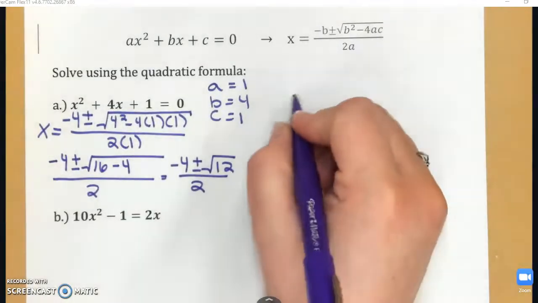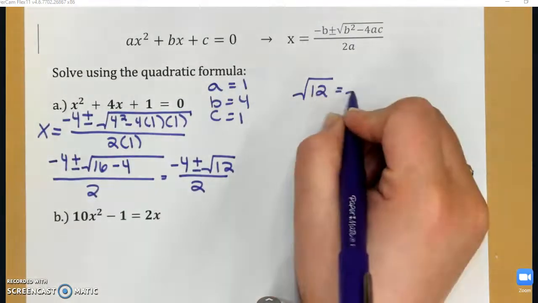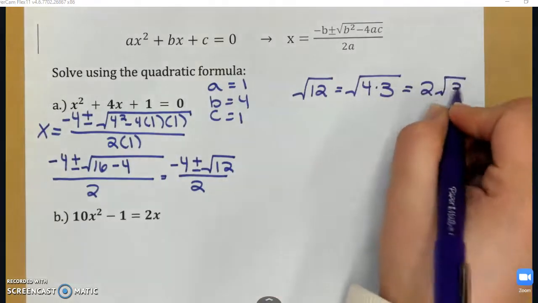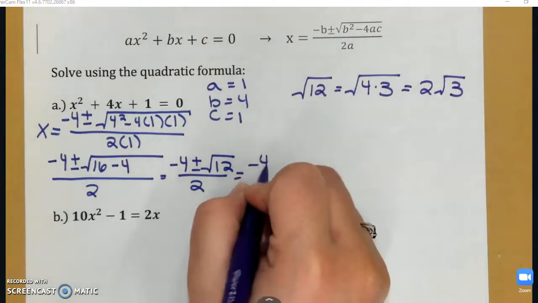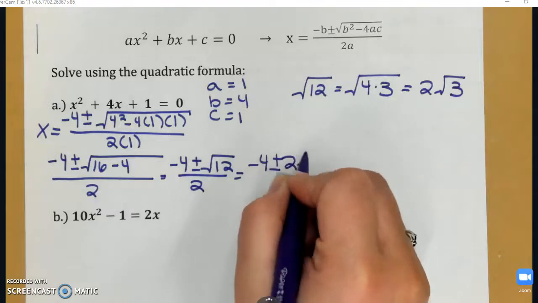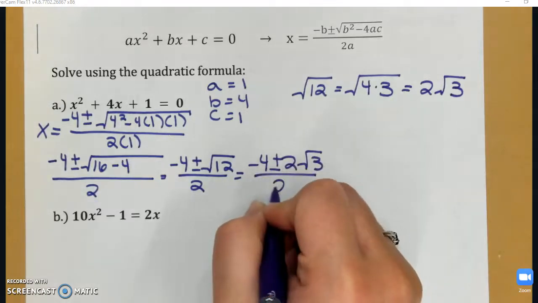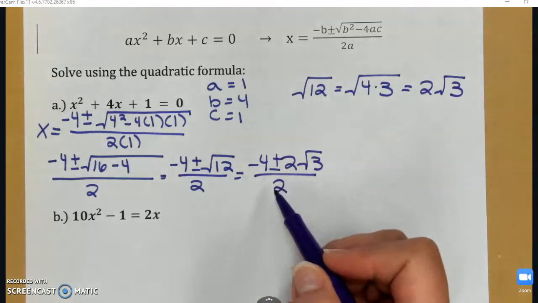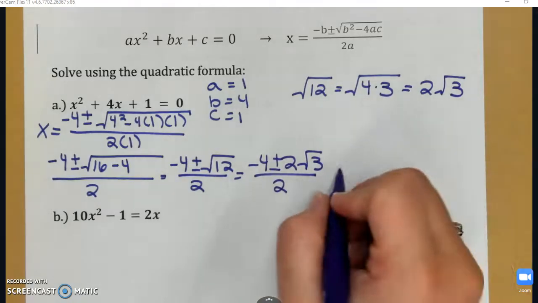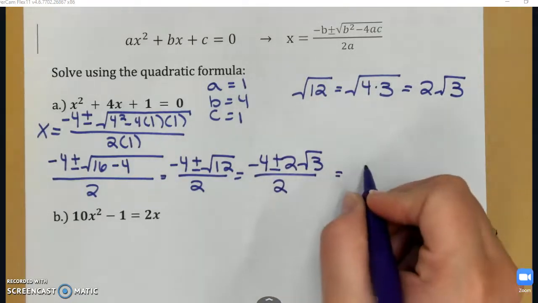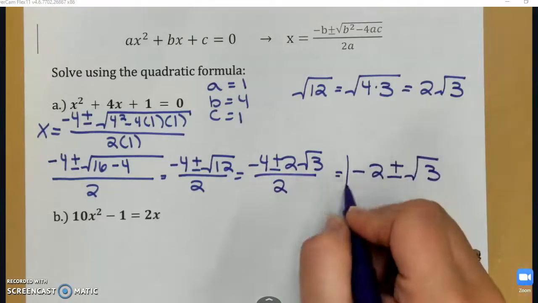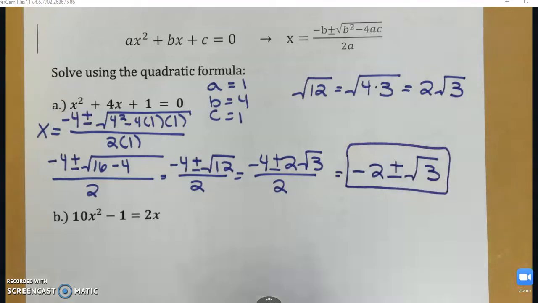So the square root of 12 does have a factor that's a perfect square. That would be 4 times 3. So this simplifies to be 2 square root of 3. So negative 4 plus or minus 2 square root of 3, over 2. I can simplify this expression further because the negative 4 and the 2 in the top are both divisible by my denominator, which is 2. So this final answer in simplified form is going to be negative 2 plus or minus the square root of 3. And when you have an irrational answer, that is how you're going to leave it, as a simplified radical,